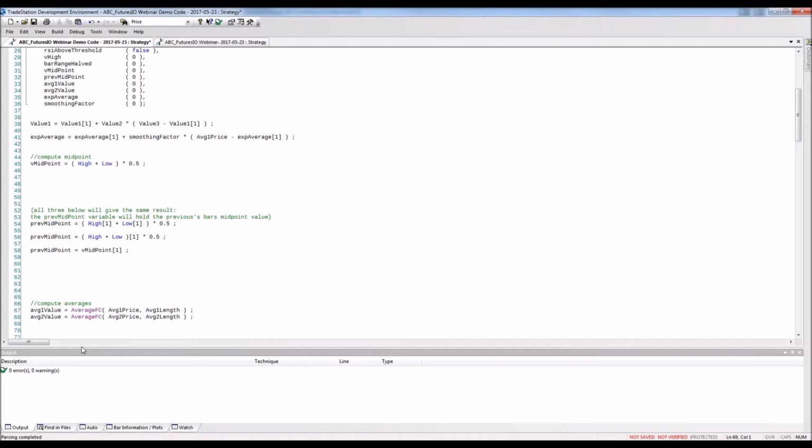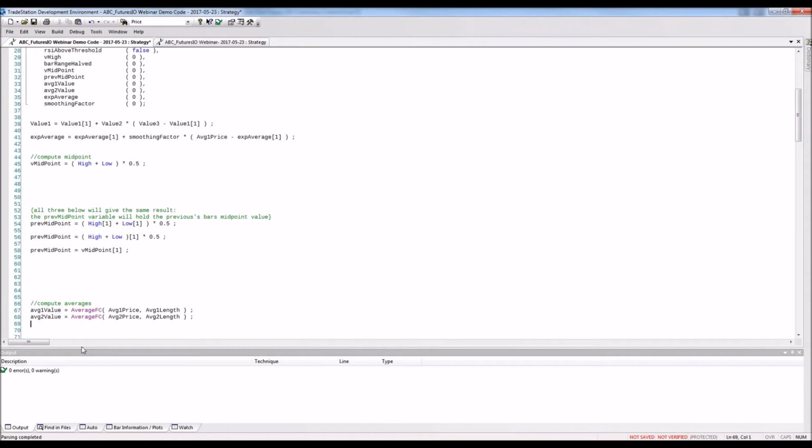TradeStation doesn't only have a lot of functions built in, you can also create functions yourself, and whenever you find yourself using certain code over and over again, you might want to consider creating a function out of it. Just because then you can call the function within the code. You will likely have to type less,